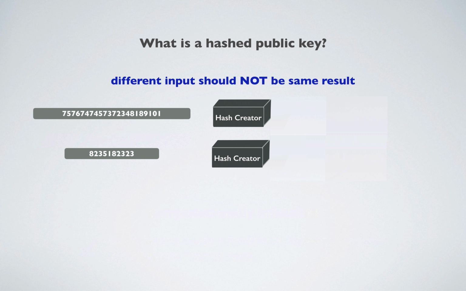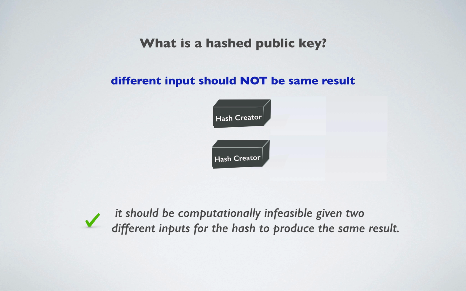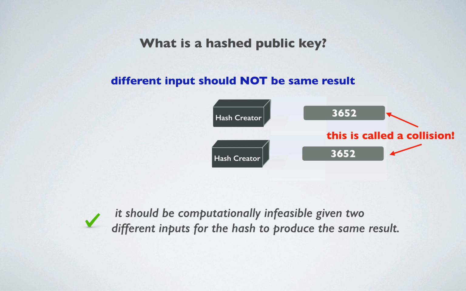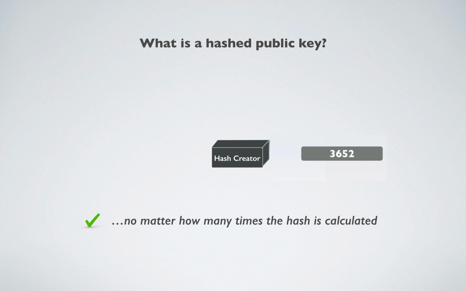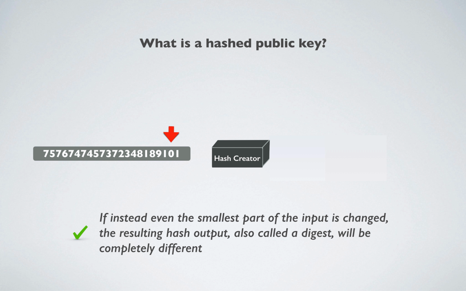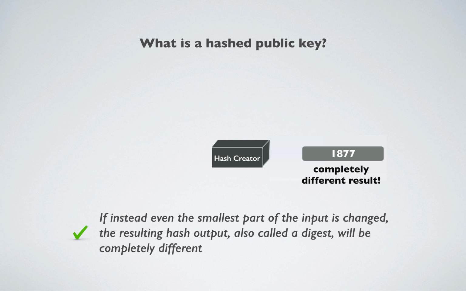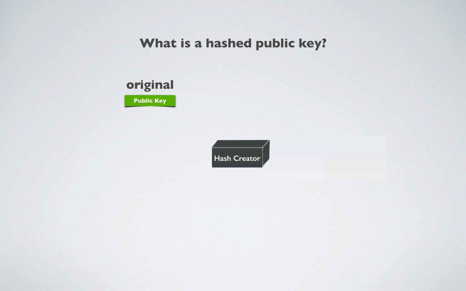Further, it should be computationally infeasible, given two different inputs, for the hash to produce the same result. However, given the same input, the hash will produce an identical result no matter how many times the hash is calculated. If instead even the smallest part of the input is changed, the resulting hash output, also called a digest, will be completely different. For example, if a given public key and resulting public key hash are generated, and I'm